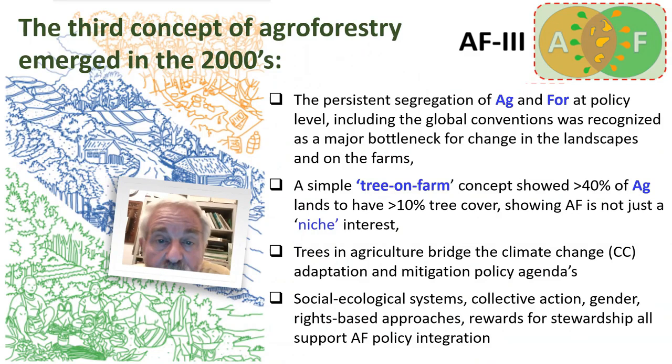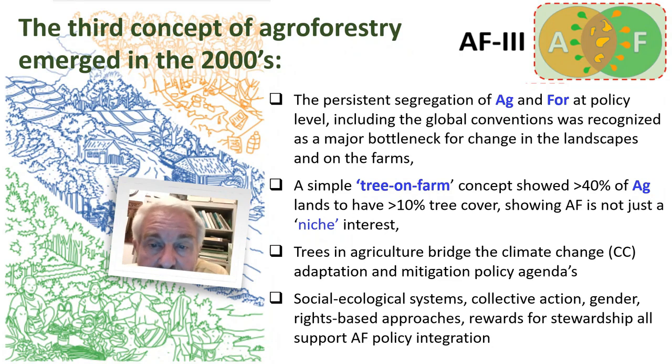And in the 2000s we moved on, or we added to that a third concept of agroforestry, and that is not just the interface of agriculture and forestry, but actually the sum total of the two, realizing that any attempt to define agroforestry as a separate policy domain would increase the problems of getting definitions right. It would have to separate agroforestry from agriculture. It would have to separate agroforestry from forest and forestry. And yet the main purpose was to combine the two. So we see the third paradigm as the sum total of agriculture and forestry, the level playing field between, as something that emerged in the 2000s,